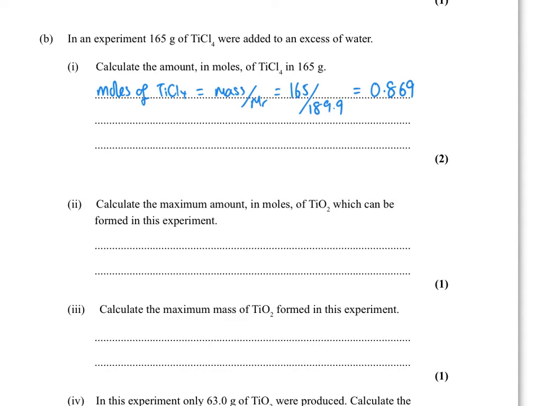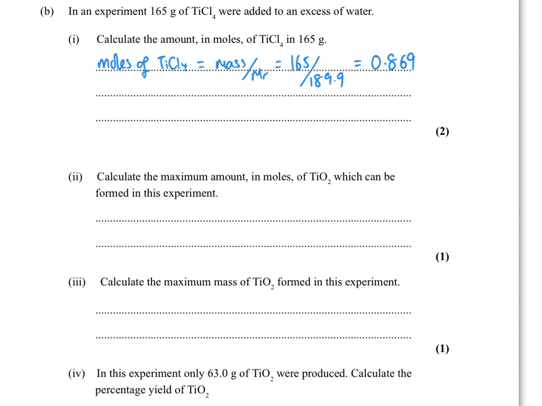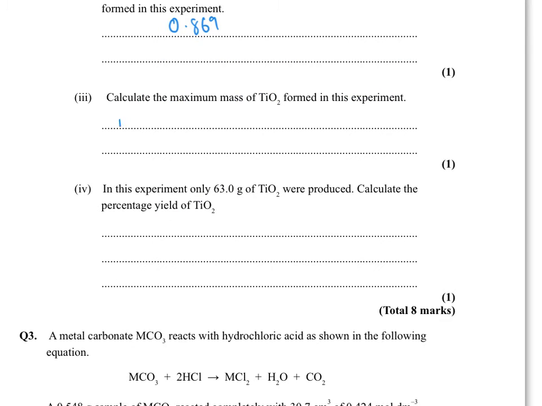It's 2 marks for this question. You get 1 mark just for working out the MR. Calculate the maximum amount in moles of titanium oxide which can be formed in this experiment. Now in the first bit it tells you that it's added to an excess of water. That means that all of the titanium chloride has definitely reacted, and the equation is 1:1. So the maximum amount of moles of titanium oxide are going to be the same as the amount of titanium chloride that reacted,